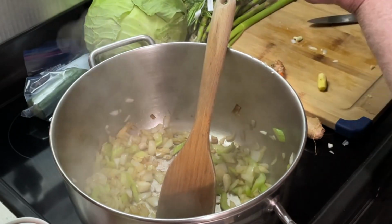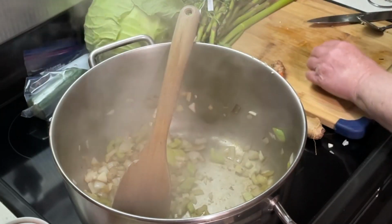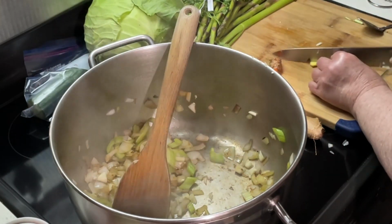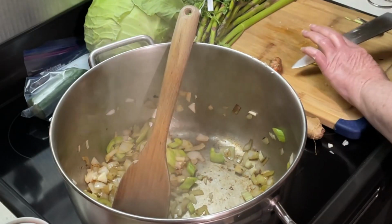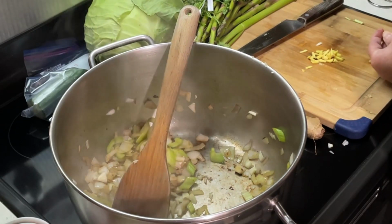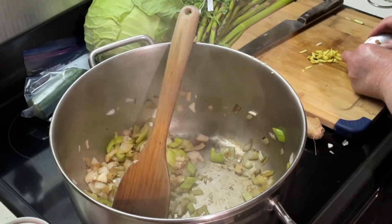All right, let me go ahead and add my garlic. Just going to roughly chop my ginger. You can also, if you want, use a little powder of ginger and turmeric. I just happen to have some fresh, so